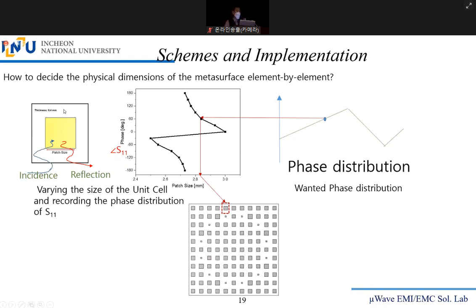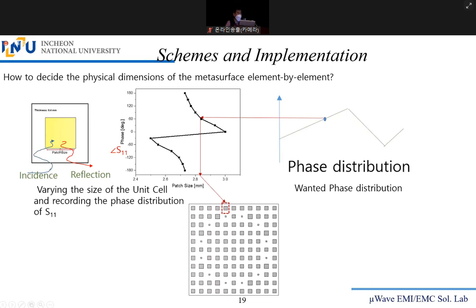When this is designed, this unit cell is put in the plane wave setup, and you turn on the input port and give the electromagnetic wave energy toward the surface and the reflected field. It is called S11. Some people tend to use the word gamma, reflection coefficient. There, you should check gamma, no, just the phase of gamma.